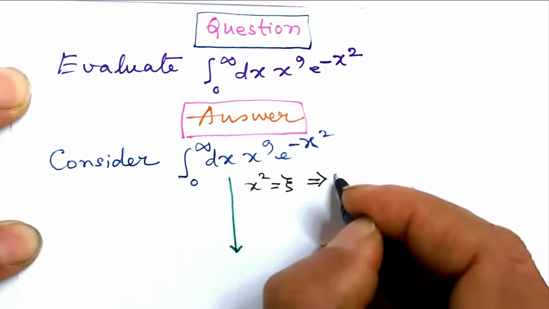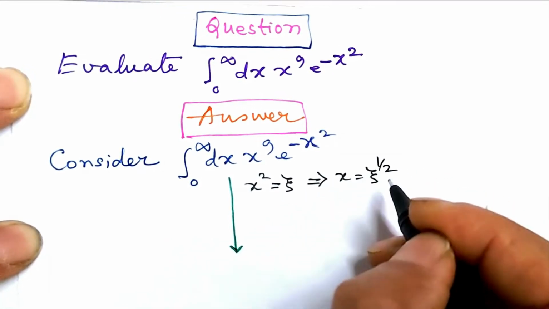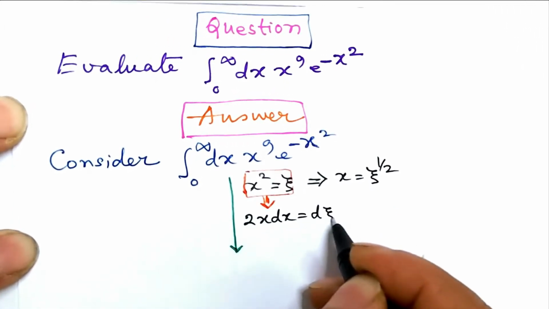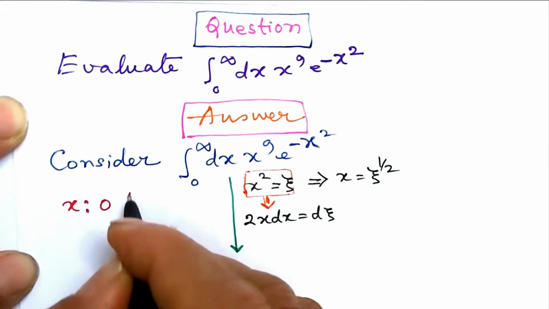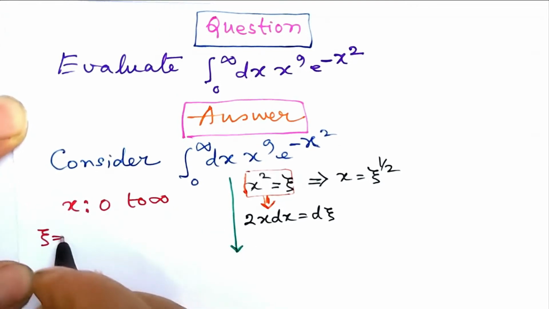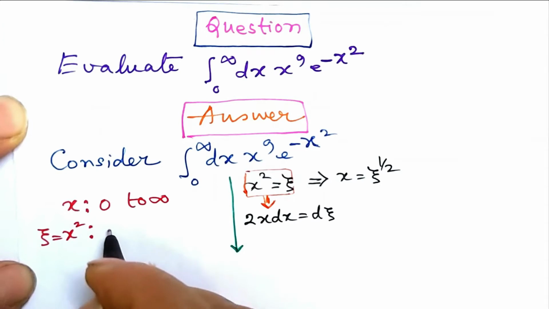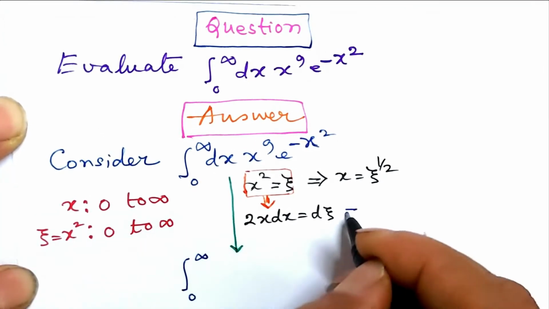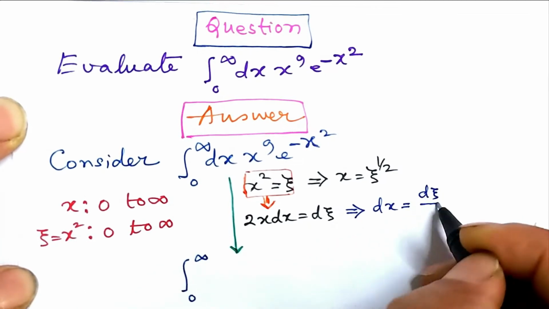This means x is xi to the power half. It also leads to 2x dx equal to d xi. The limit of x was 0 to infinity, and that of xi, which is x square, will also be 0 to infinity. And dx is d xi by 2x, which is